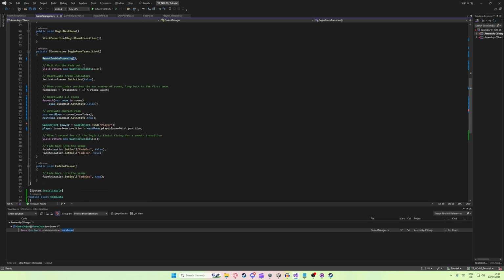Start by calling the reset zombie spawning. Wait 1.5 seconds for the fade, disable the indicator arrows, adding 1 to the room index, and if that value goes above the room count, it will loop back to 0, bringing us back to the first room, giving us an endless gameplay loop. Do a for each loop, disabling all of our rooms whilst we're blacked out, get the next room from our room index, and setting that one to be active. Get our player, and move them to the next room spawn point, wait for 1 more second, and then fade